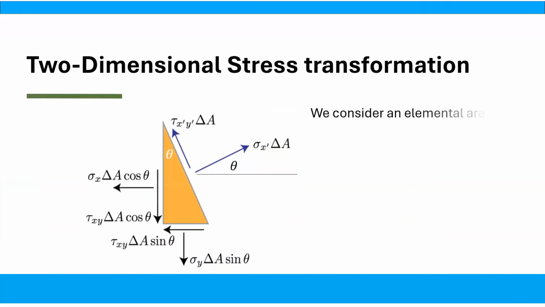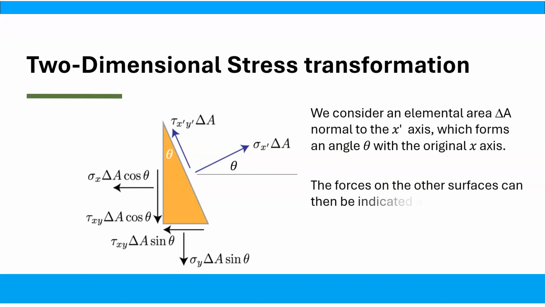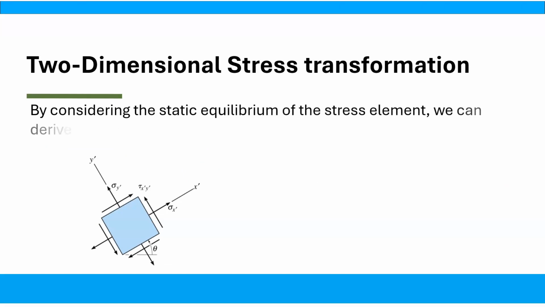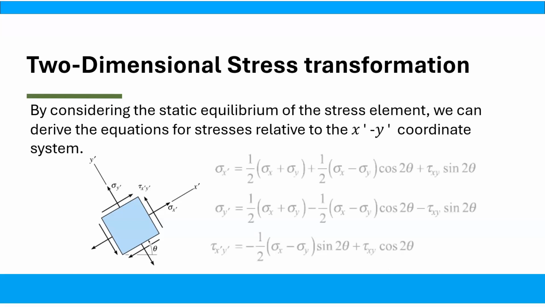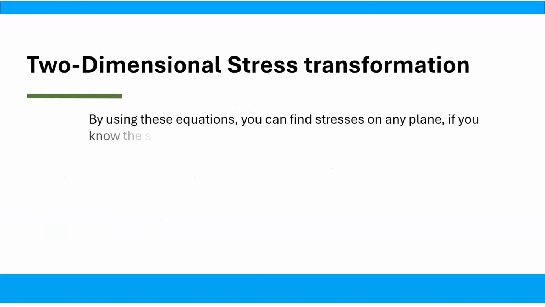We consider an elemental area delta A, normal to the x'-axis, which forms an angle theta with the original x-axis. The forces on the other surfaces can then be written as shown in the figure. By considering the static equilibrium of the stress element, we can derive the equations for stresses relative to the x-y coordinate system, as presented here. By using these equations, you can find stresses on any plane, if you know the stresses on two mutually perpendicular